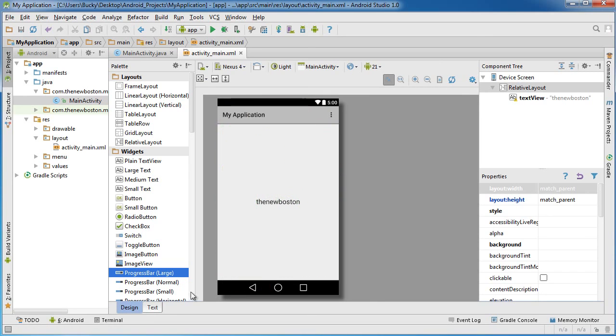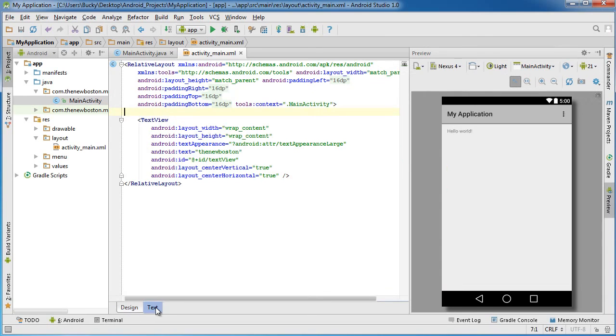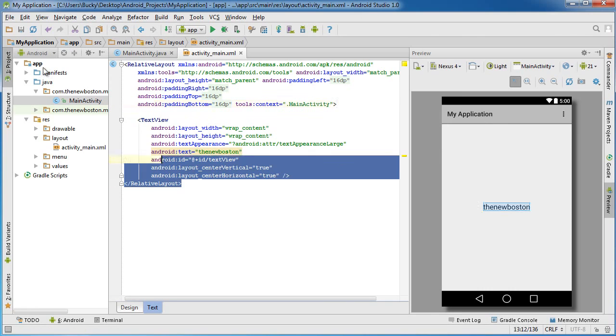Now again, you can either do that in design mode or text mode. Whenever you click text mode, it actually shows you a little preview right here, which is actually nice. So let's go ahead and just add one little property. So in your XML file right here,